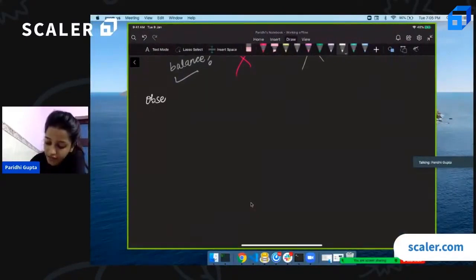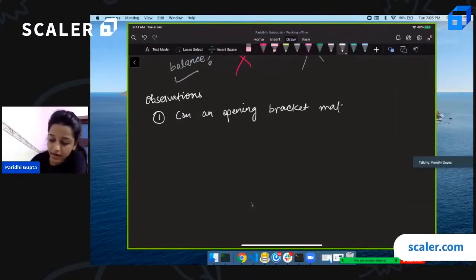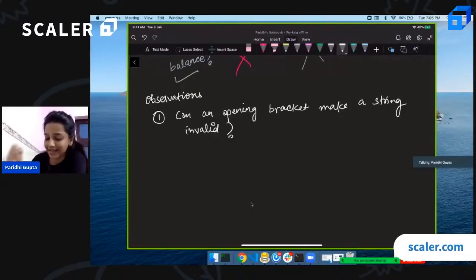So the first observation is: can an opening bracket make a string invalid? As in, let's say I'm traversing the string and I find an opening bracket. Can that opening bracket make the string invalid?